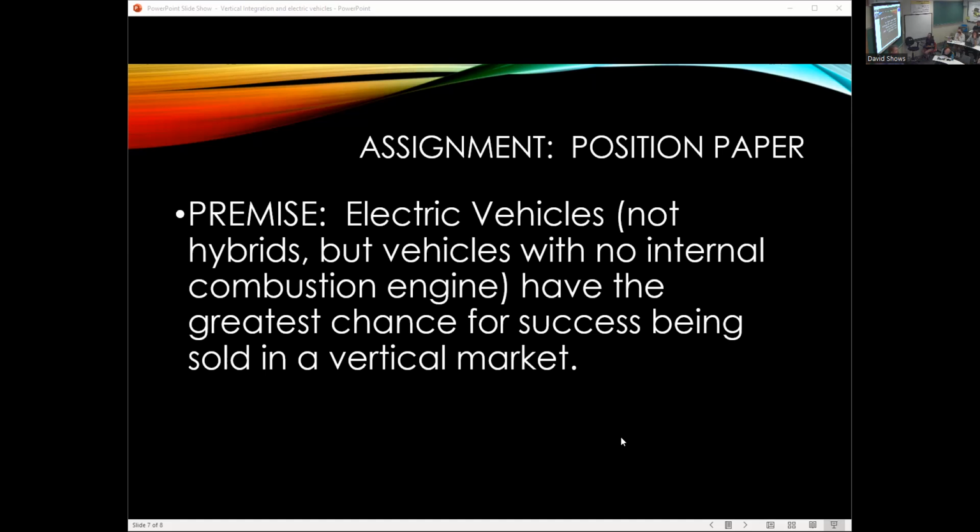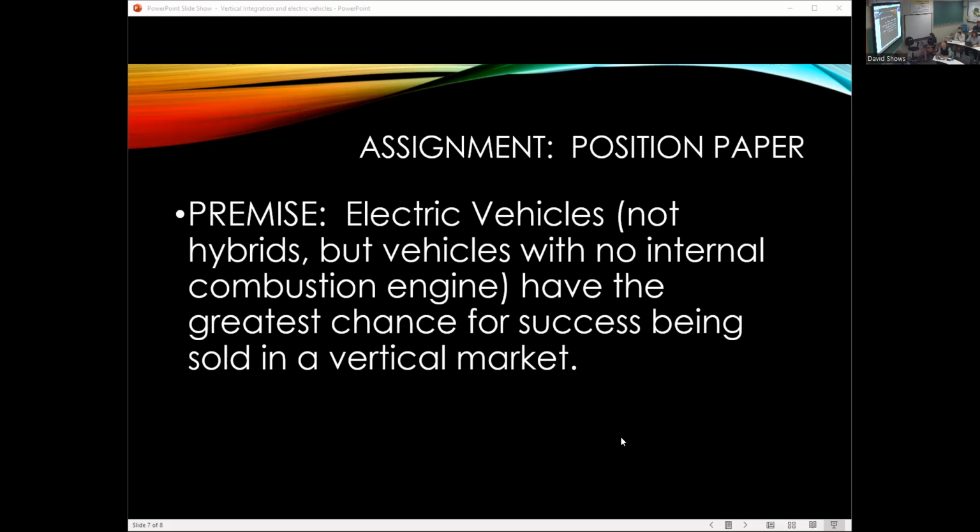you're going to decide to break this statement down into its smallest pieces and decide whether or not you agree with it. You believe, yes, electric vehicles have a great chance in the vertical market, but maybe not the best chance. You perhaps may believe that the greatest chance of success is when it's broadly sold in every single kind of automobile dealership, and not just the vertical market. And so these are the ways that you break it down.